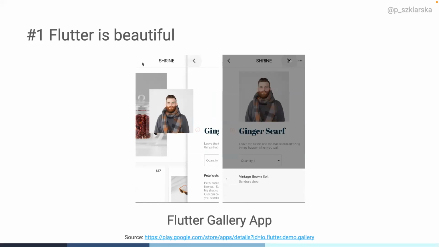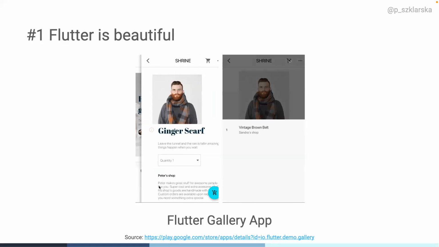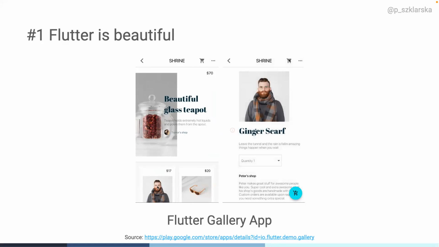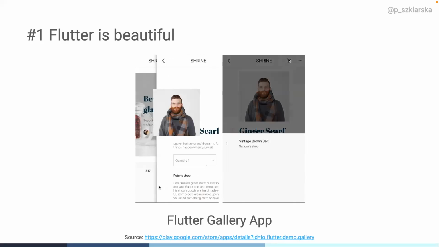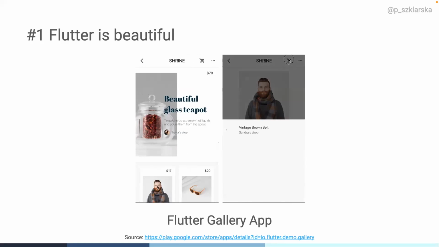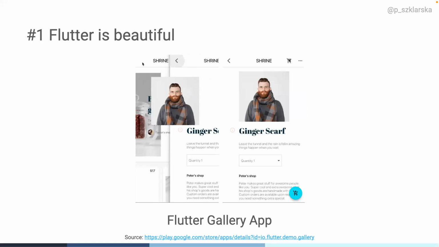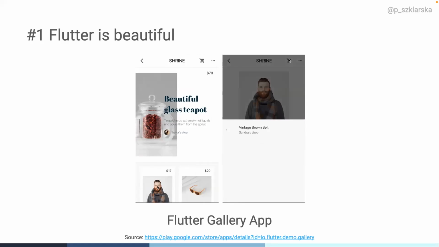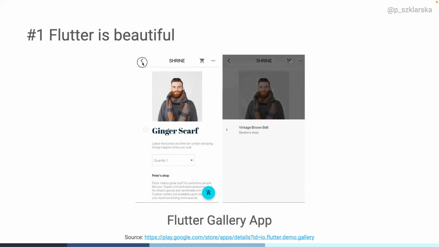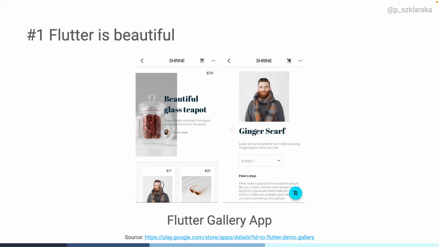So you have floating action buttons. You have these shared element transitions. So with Flutter, on one side you can build very custom UI, but on the other side you have a really big catalog of components that look the same as Android or iOS ones.